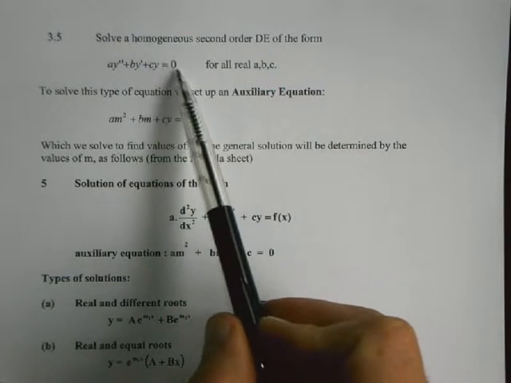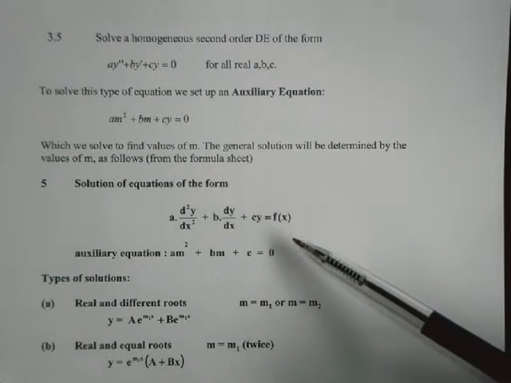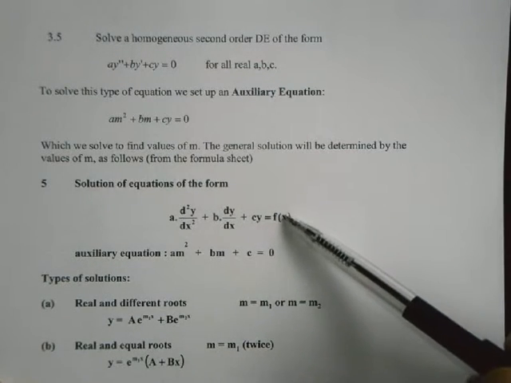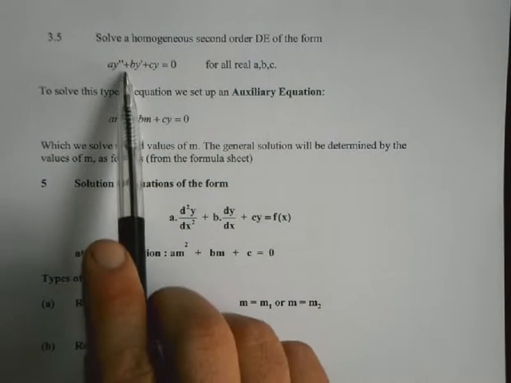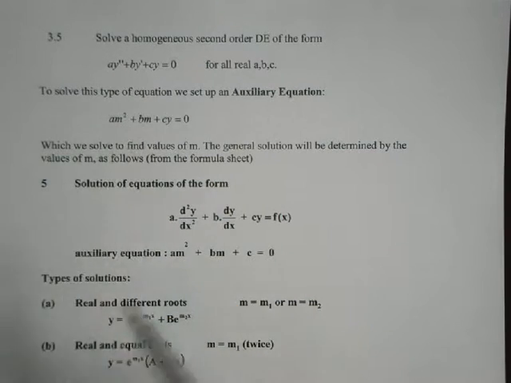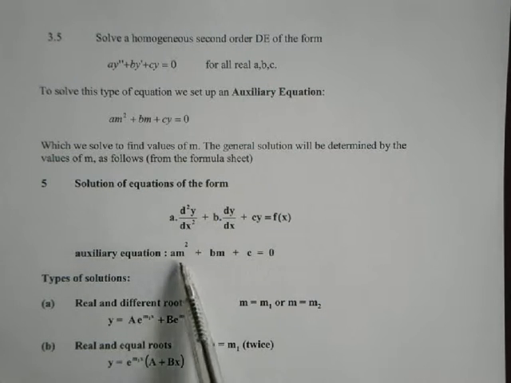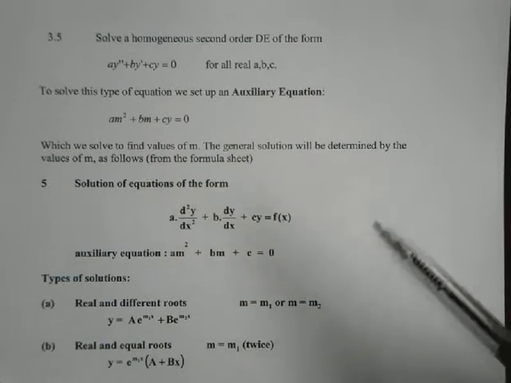equals, at this stage we'll start with 0, and we may get onto a stage where we can deal with something slightly different from 0, down here, some function of x. But the guts to all of these things is that you set up what's called the auxiliary equation. So you just replace the derivatives of y with m, and you end up with this equation here. So it's just basically a quadratic in m, and you solve the quadratic,